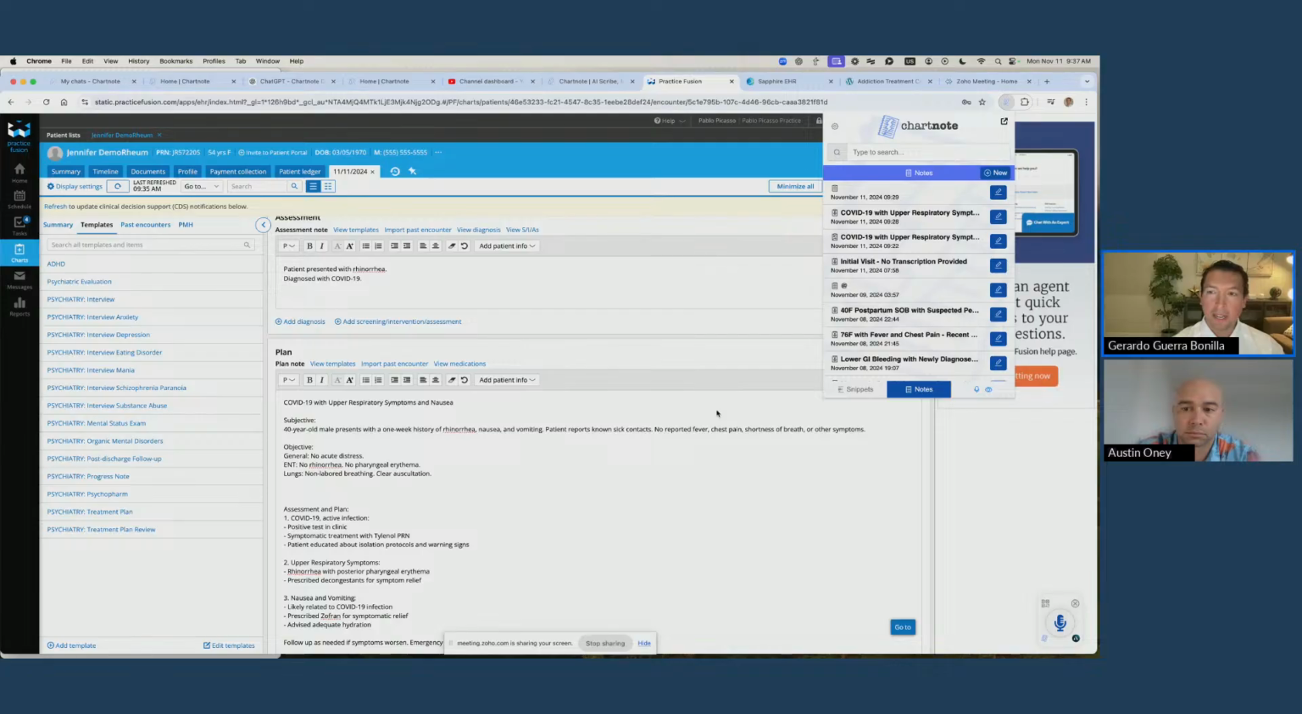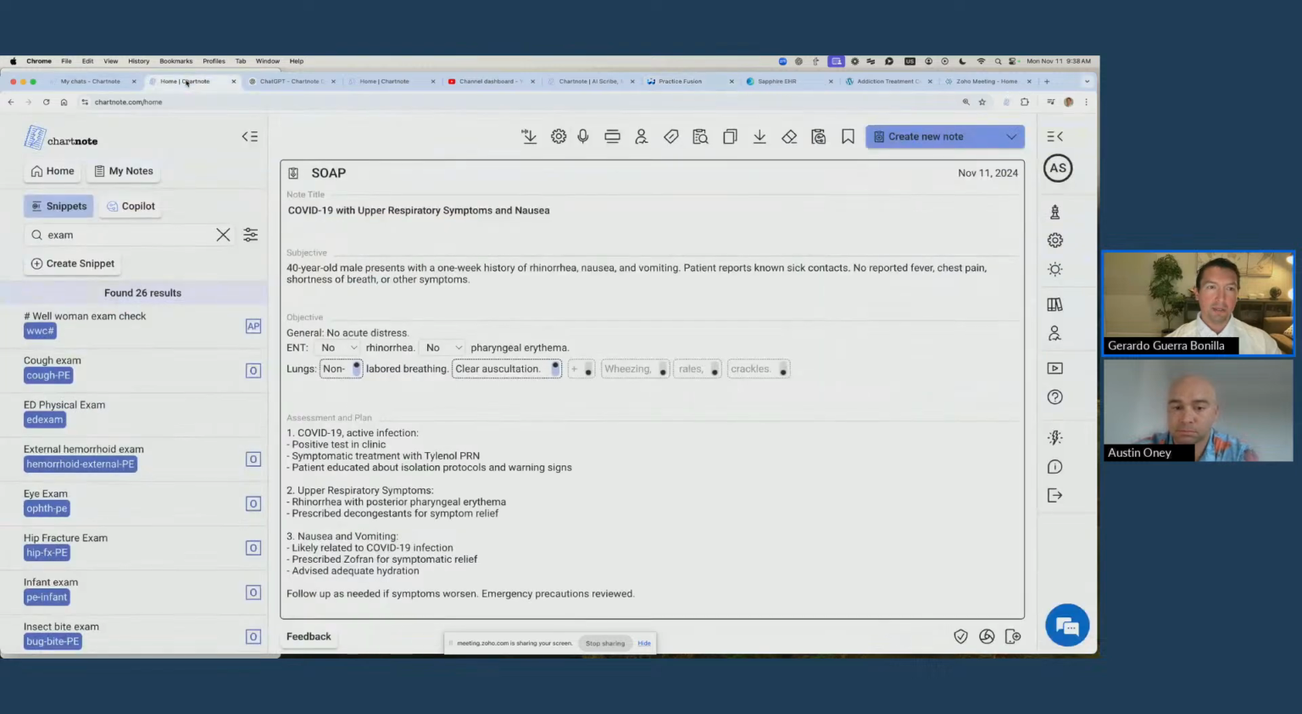But basically, this is a condensed version of Chartnote that works directly in your browser, and it works with any web-based EHR. So it won't work with Epic or Cerner, but all the other EHRs that are web-based, it works with that. Anyway, so going back to the web platform,